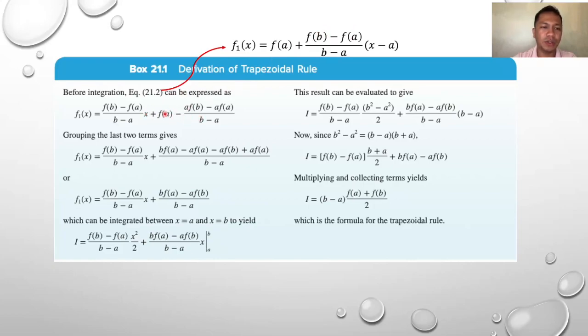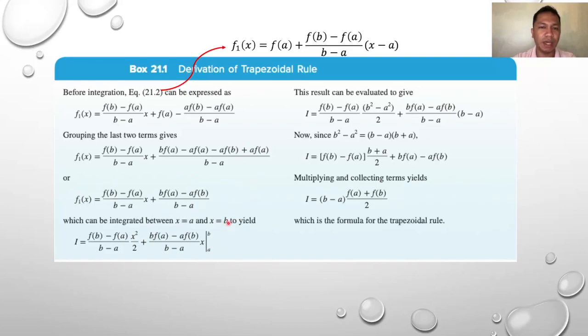So grouping the two terms, we will have this result. And if you can see, this one, a fa plus a fa will be cancelled out. So it will leave us with this equation, which can now be integrated between